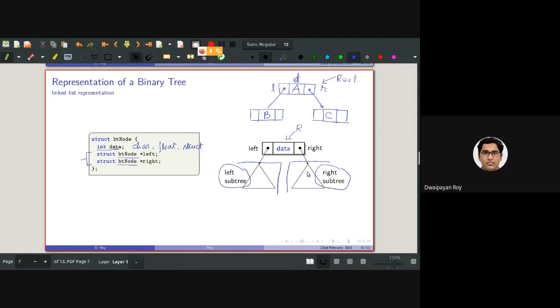I am repeating once again. If I consider the whole thing as a tree, and this as a root, the left pointer will contain the address of another tree, which is again a binary tree.